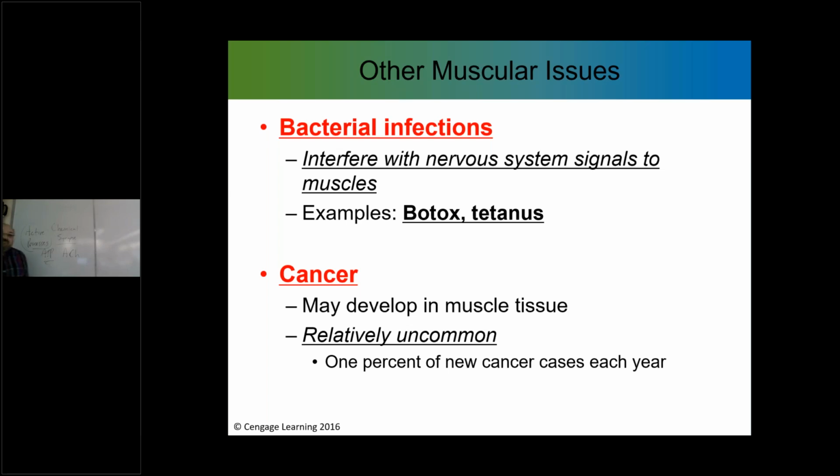So strep infection, staph infection, right? Those are just examples of something you've heard of. Those are treated with antibiotics. So bacterial infections interfere with nervous system signals to the muscles. So in the case of tetanus, botulinum toxin, in the case of taking Botox, in order to put this toxin